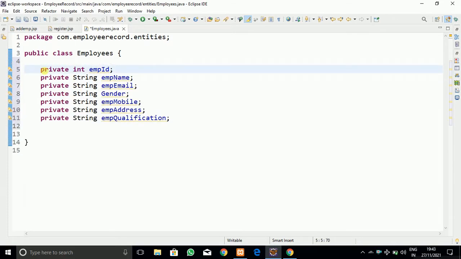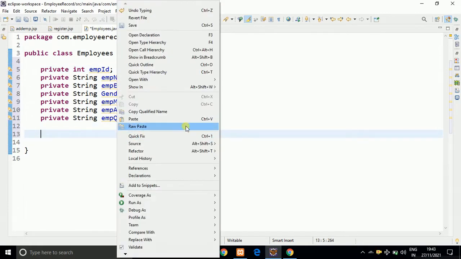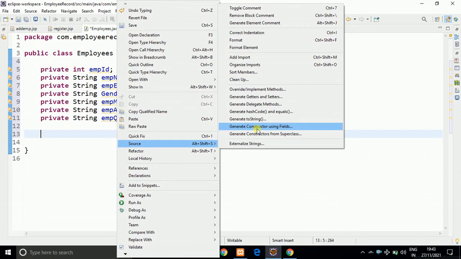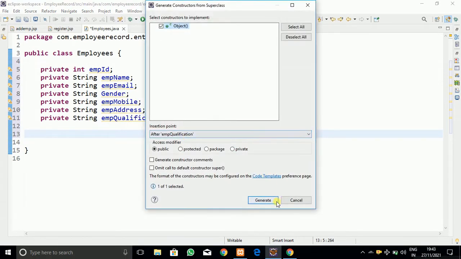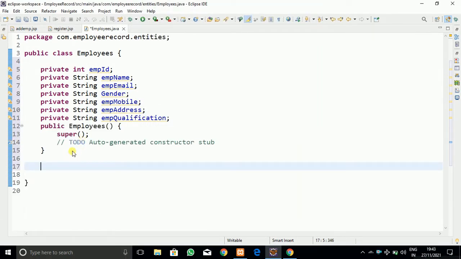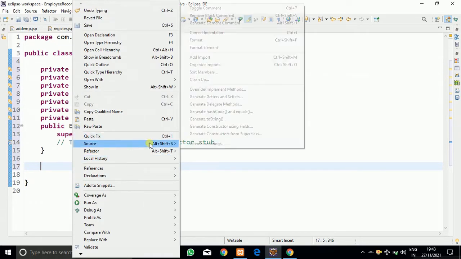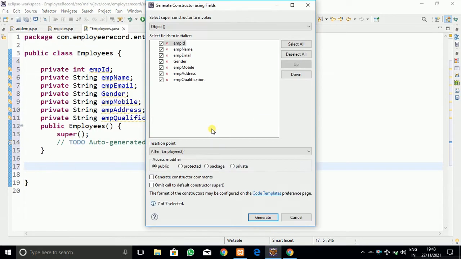In a similar way, I have just declared those variables, and by making use of those variables I am going to create the constructor. First of all, let me create an empty constructor, that is from the super class, and then a constructor using fields.